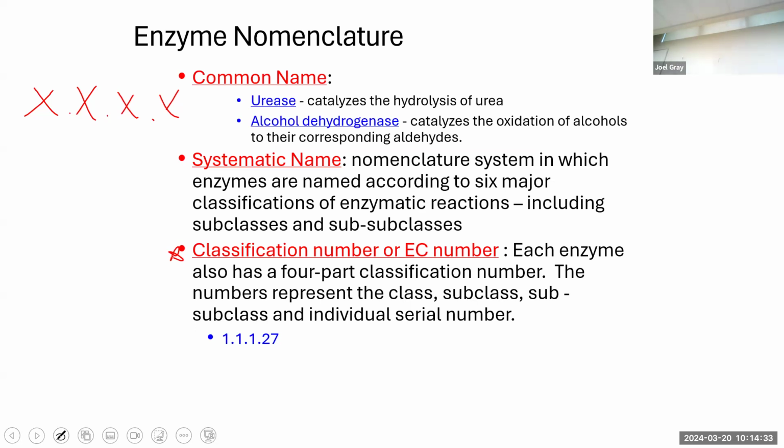If there's 1.1.1.28, or 1.1.1.26, yes. Are those different enzymes? They are different enzymes. What I want you to know about this is that it's not organism specific. It's not like the enzymes that are in bacteria in my gut and that are in my red blood cells. If it's hexokinase, it's effectively doing the same thing. So the organism it's coming from kind of doesn't matter when we look at this. Does that make sense? Great.